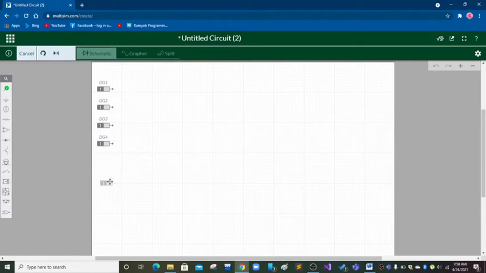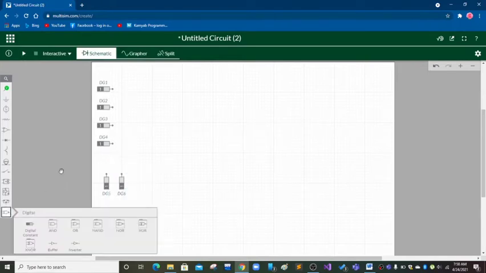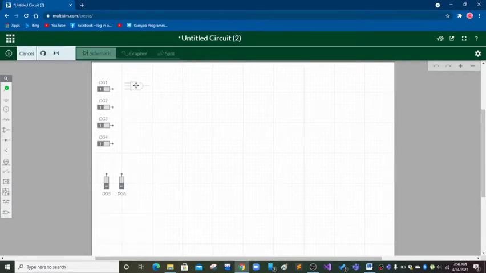And here are these two, and then we need 4 3-input AND gates.